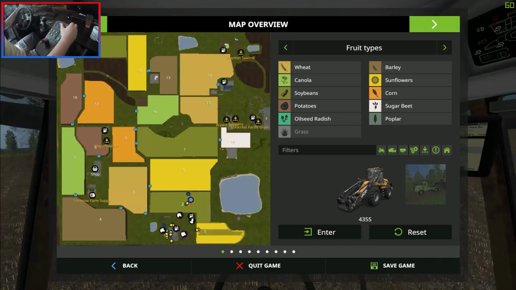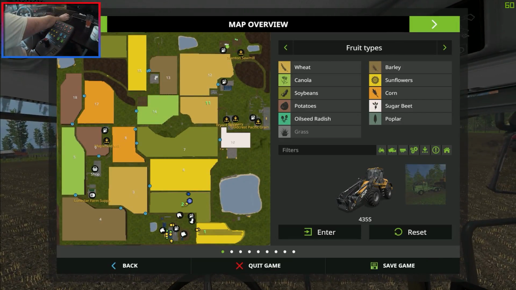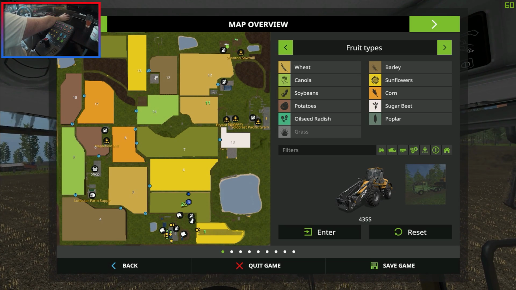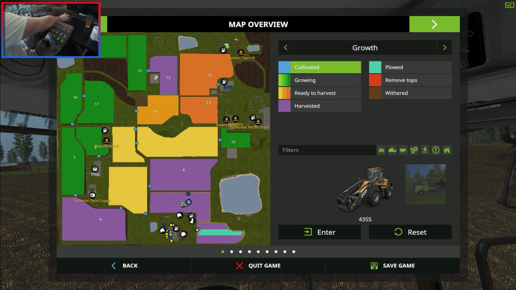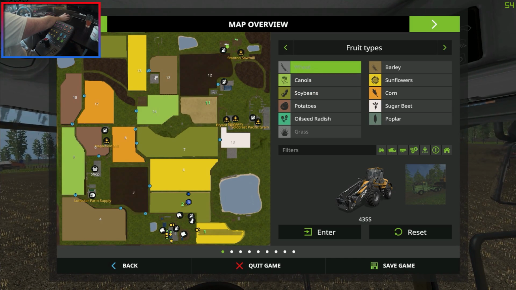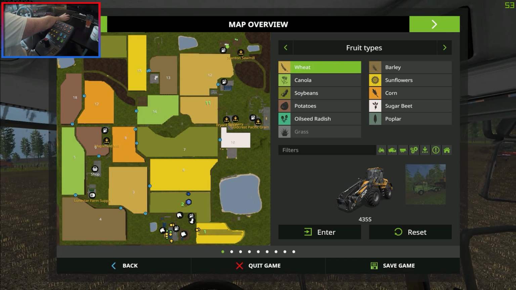So I think that's all the fields that we own, actually. So let's have a look on the map. So 1 and 2, that's what we're doing right this second. That's the one we've just done. Field number 11, actually, we own. What is in field number 11? So it's ready to harvest, whatever it is. And it is... What is that? It's wheat. Okay,